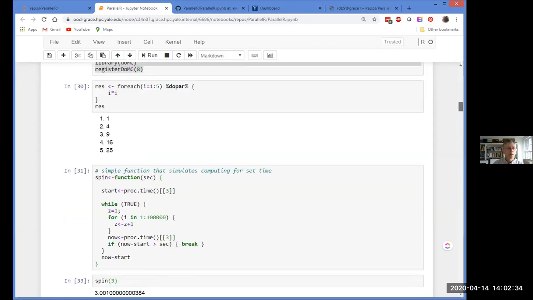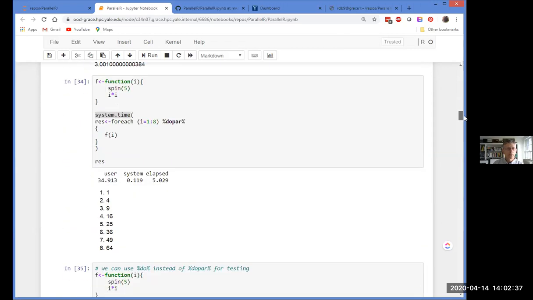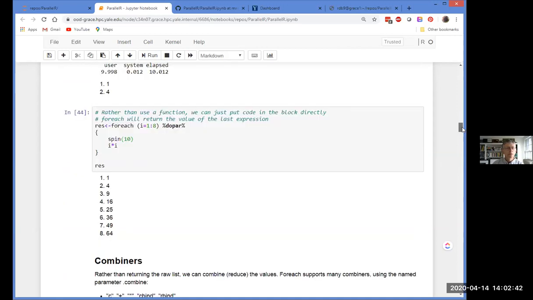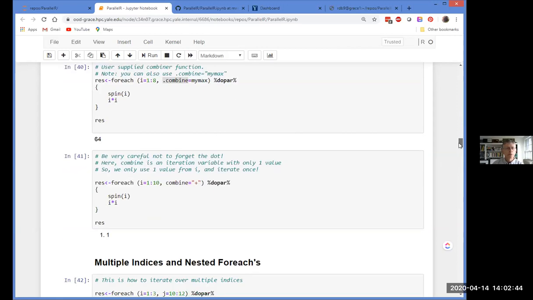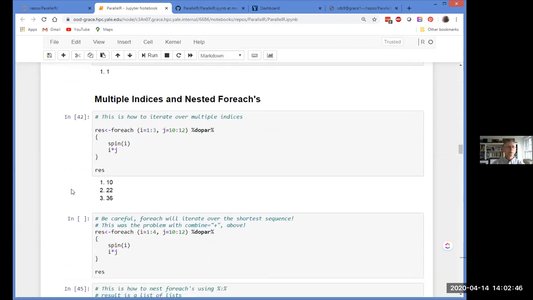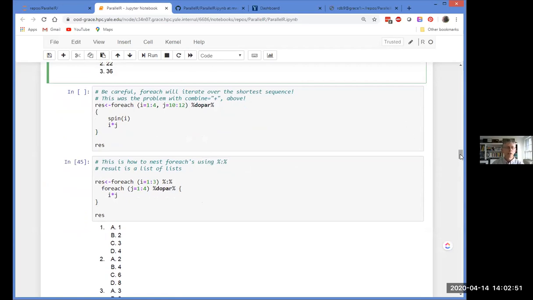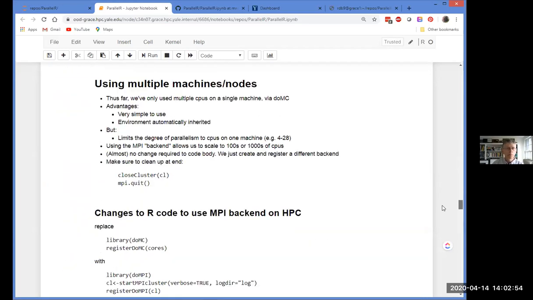So let's just go back up here to an example of a foreach. It's not a very interesting one. I think I'll show you this later with a better example. But the important thing here is that at the point that the foreach begins, when those workers are spawned, they get everything that the parent code has at that moment.